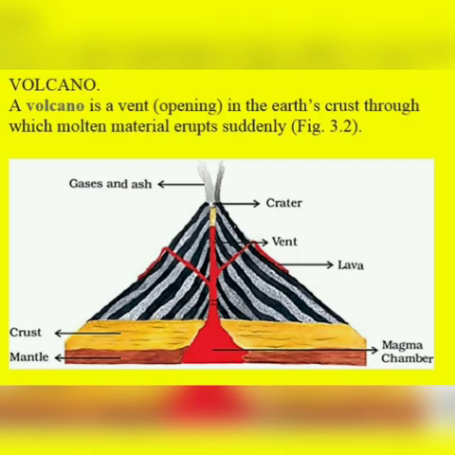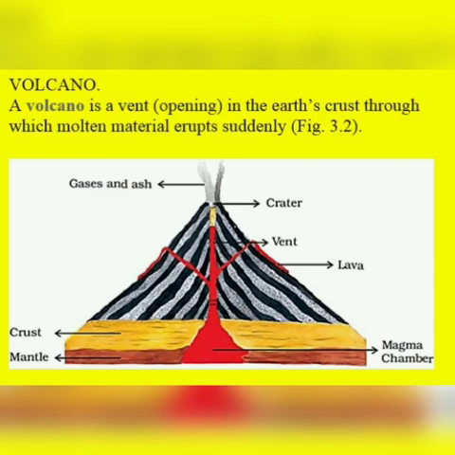It is called the vent, and at the opening of the vent, that is on the surface, it is called the crater. And from this crater, from inside the earth, gas and ashes come out and